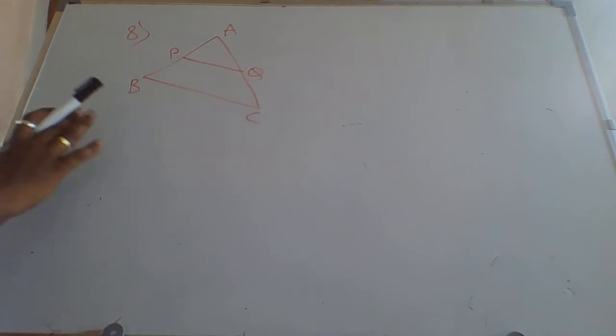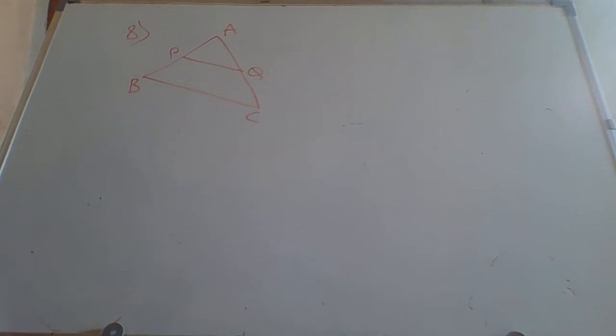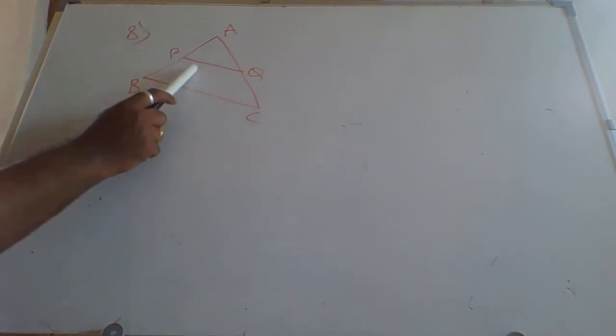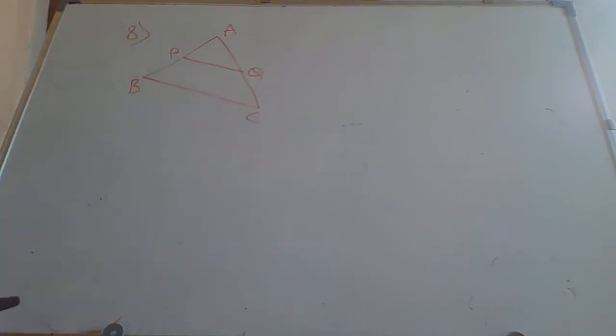So here this is the diagram we can consider for the 8th problem. They are not given a diagram for the 8th problem, but by observing the problem we can consider this triangle as the reference diagram. So here what they are given in question number 8: using converse of basic proportionality theorem, prove that the line joining the midpoints of any two sides.